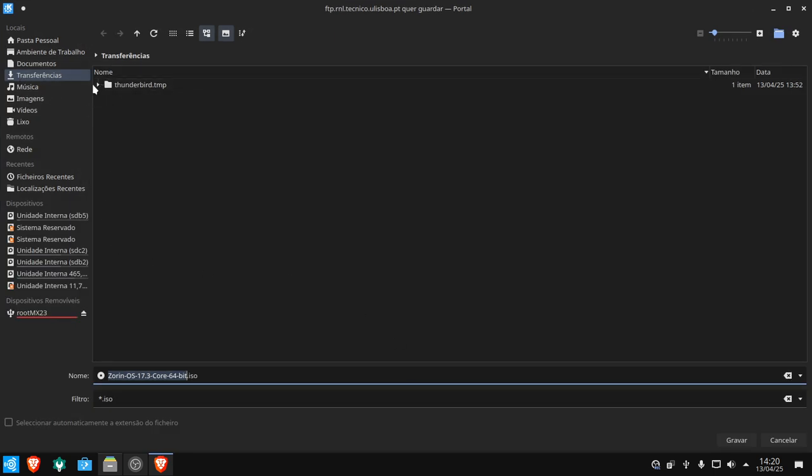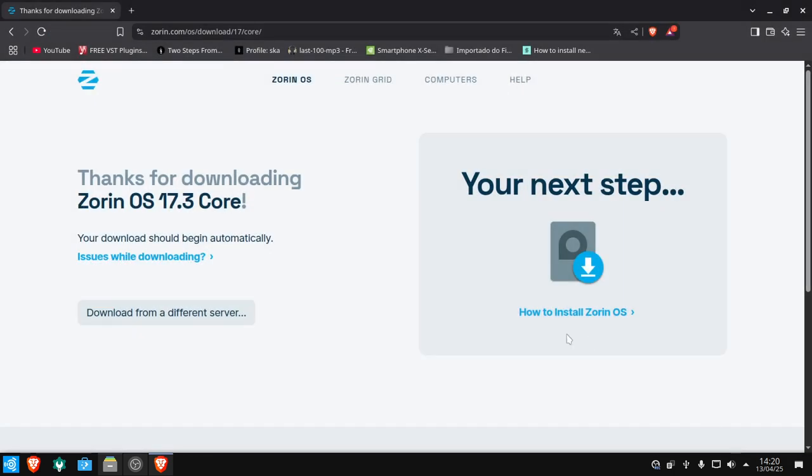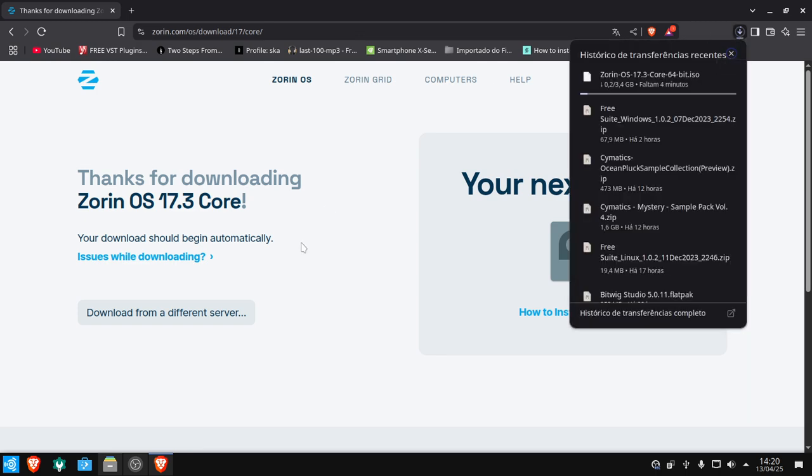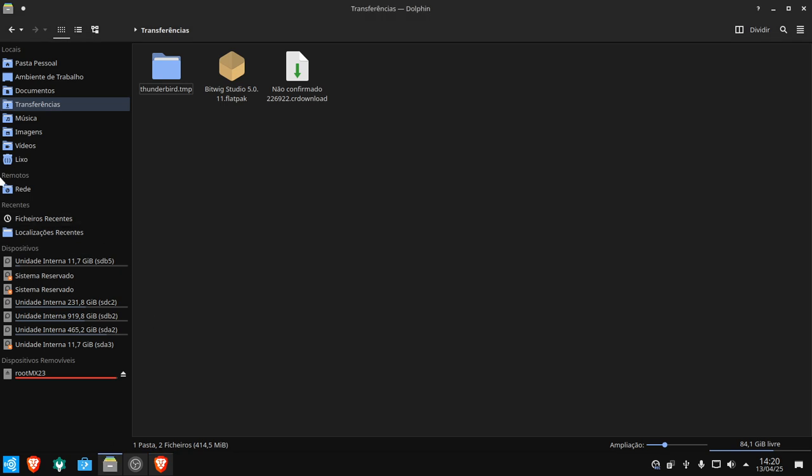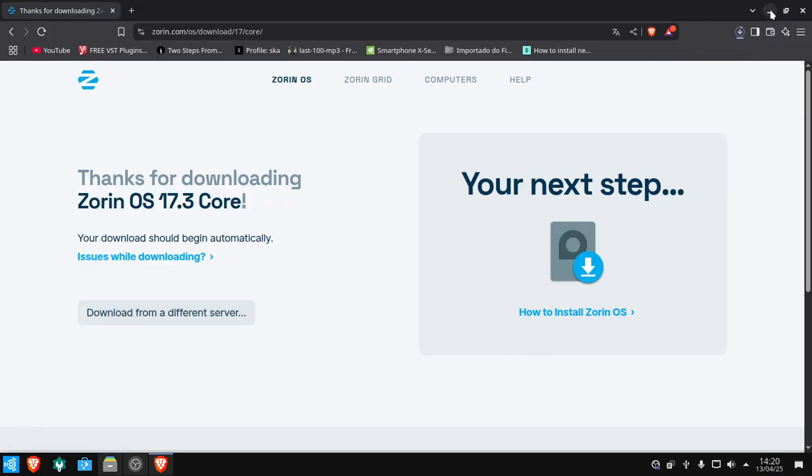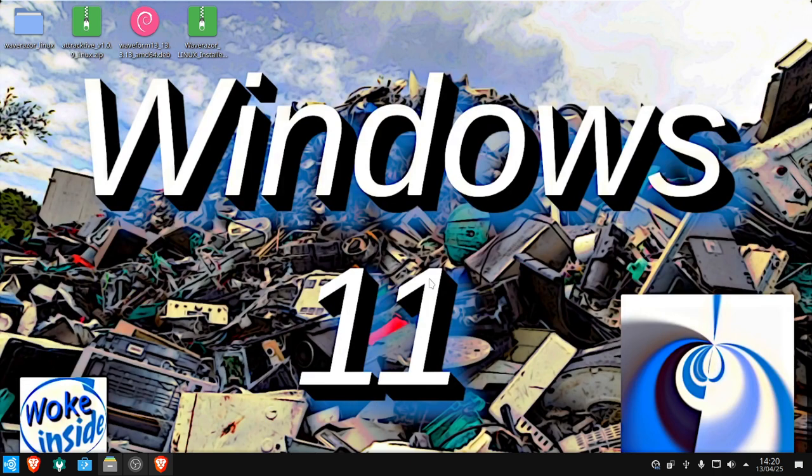Okay, so we're in transfers. Here, Thunderbird TPM ISO, and we're going to download it over here. And it's now downloading. So we go here now again to documents. It's now downloading. It's going to appear in a moment, so no shenanigans going on over there. For the rest, let us just download a little bit. We'll talk here a little bit